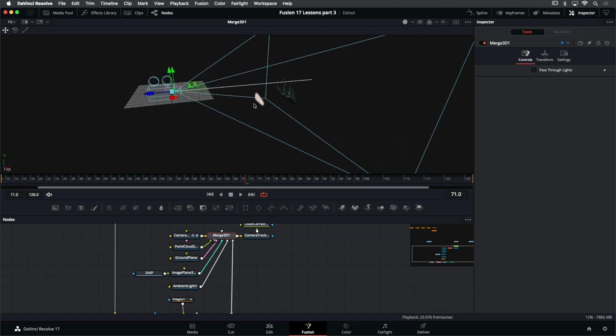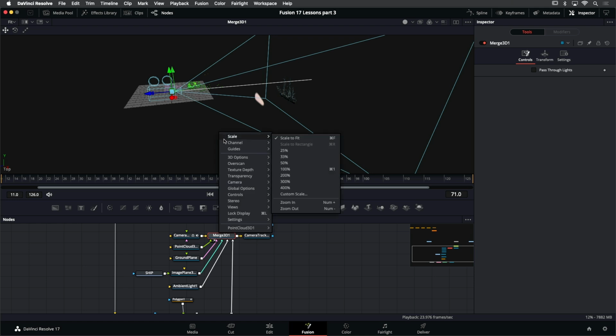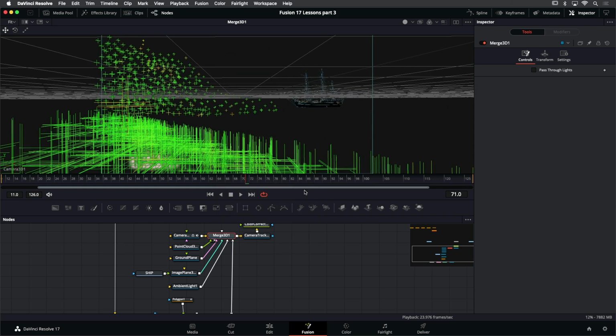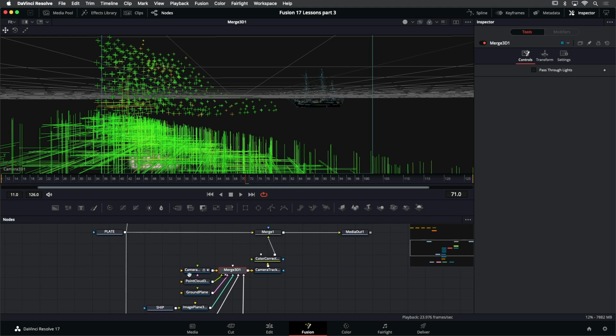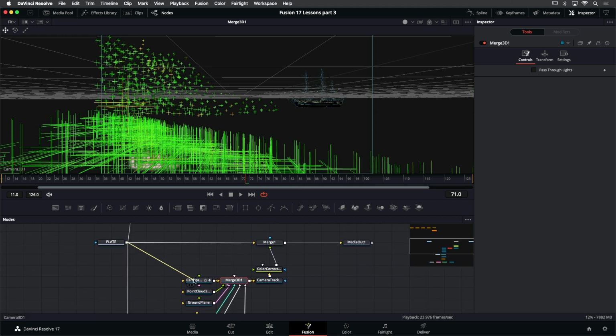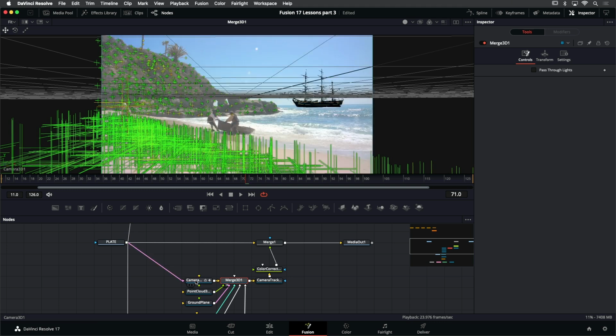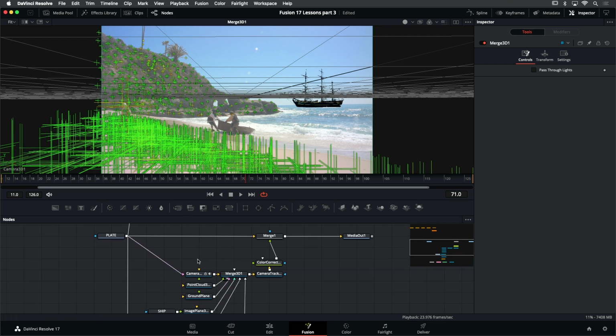What I need to do now is place a piece of geometry for this projector to project onto. So we're going to change our view from this perspective view by right-clicking in the viewer and going to camera. Then we want to view through the original 3D camera. Now we can see the scene as it was, but let me do this. I'm going to connect my plate back to our main 3D camera so we can see what's going on. You can see I have all these points on the distant rocks and the near ground plane,